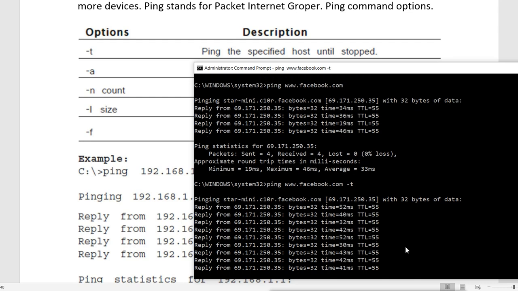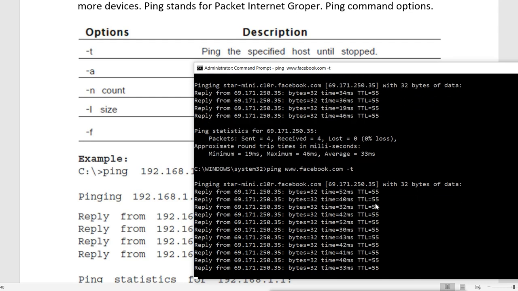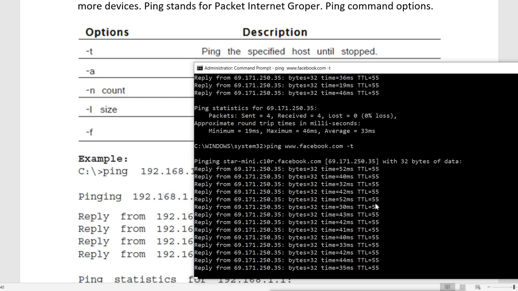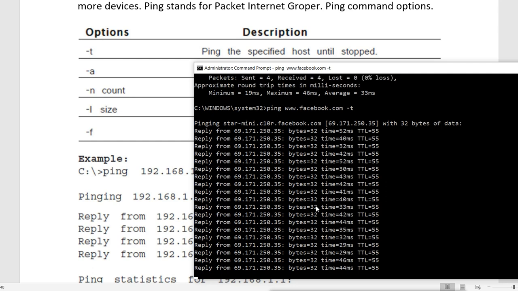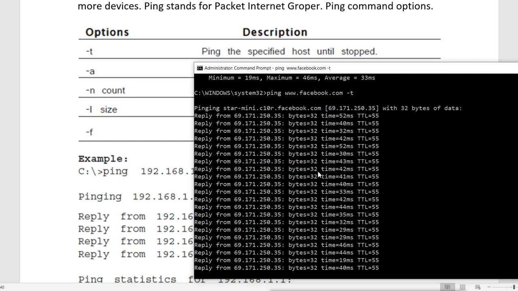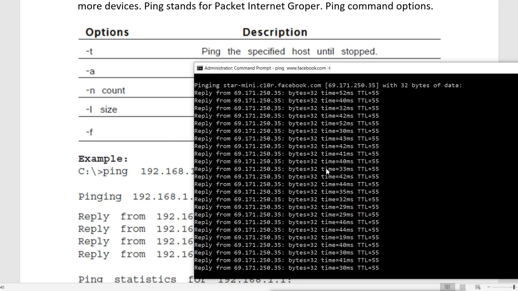We do this because sometimes we want to check whether the connection is constant or not. Sometimes the connection is not constant, that means it is coming and going. So in that case, when you ping one time, it will be successful, and when you ping next time, sometimes it will not be successful. So you can use continuous ping to check whether it is successful every time or not. If some packets are dropping or timeouts are coming, that means we have a network disconnectivity or reliability problem.